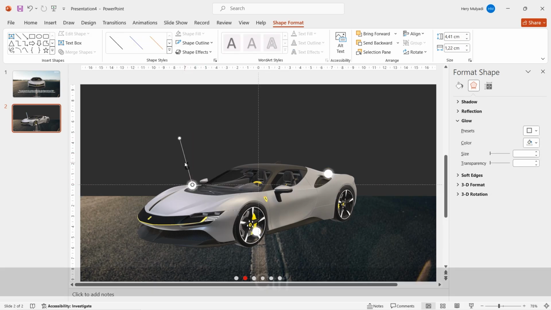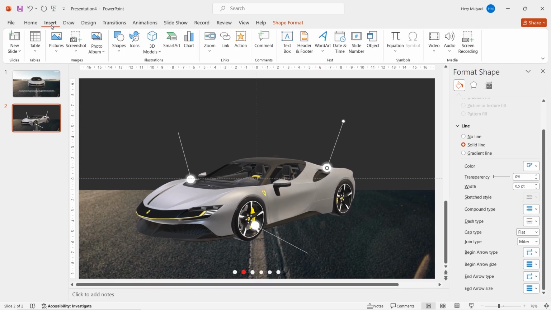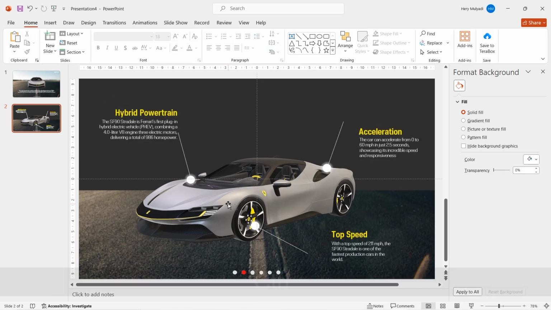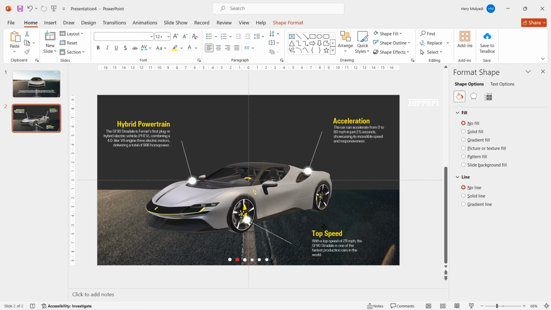Click on that line, duplicate it and then put it like this. You can duplicate it as many as you want. In this case, I only need 3 lines. Now go to insert and then write your text. I add some text boxes here. Here I move the text boxes a little bit so that I can measure if I can insert one rectangle